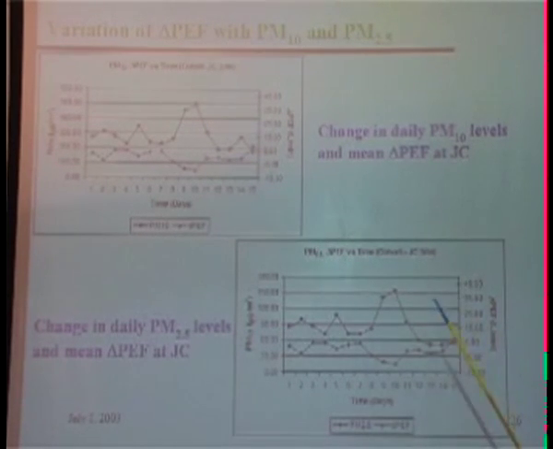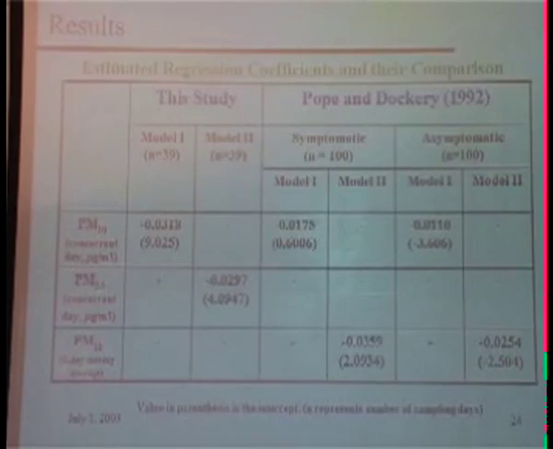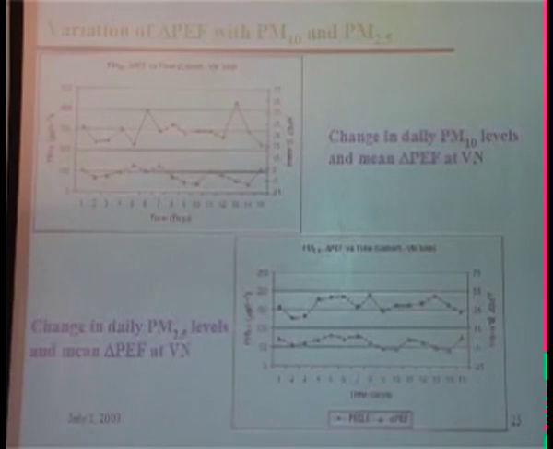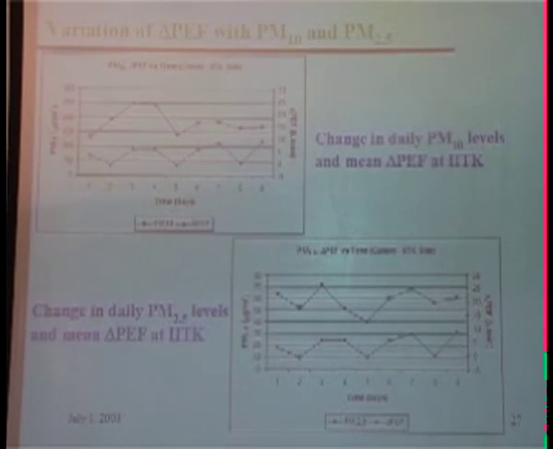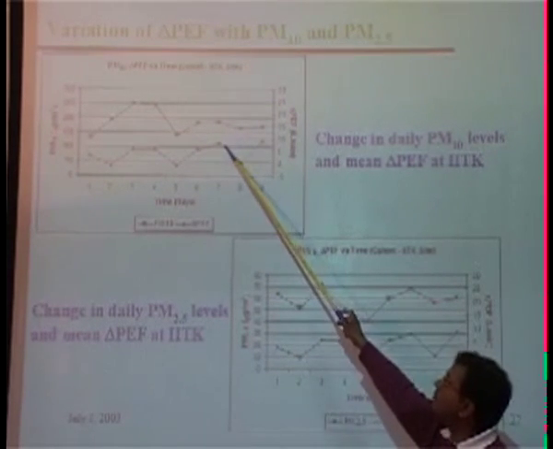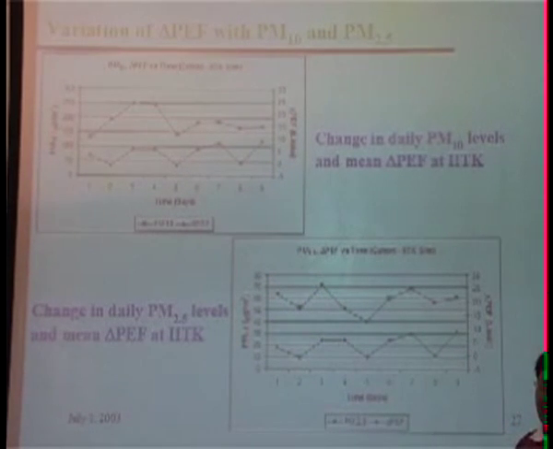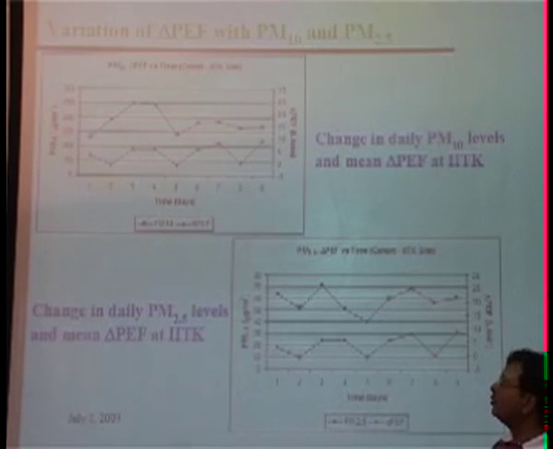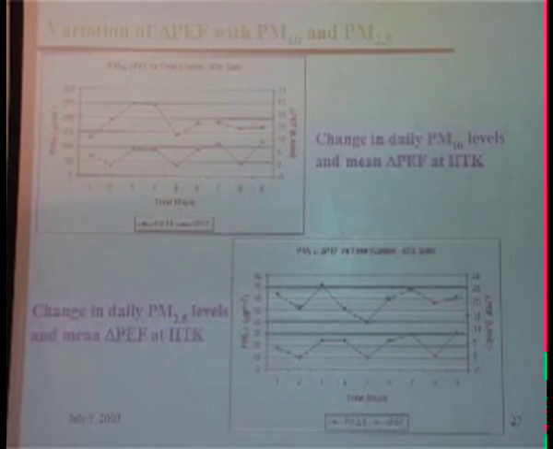So this is what was clearly seen, but it was more related with PM10 than PM 2.5, which was a little surprising. And we should also show you the results from IIT if we have. At IIT, we didn't see it, because the levels were so low and the variation was also not so much, so we didn't see as clear a trend as we did for the other two locations. So at IIT Kanpur, we could not see so much correlation. One is going up, the other is going down, and things like that.